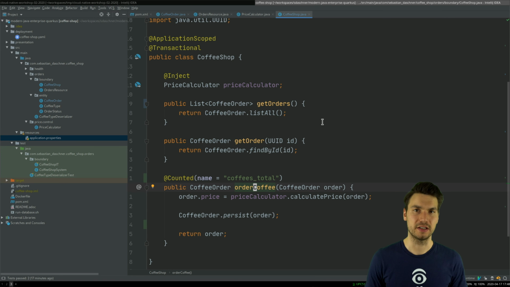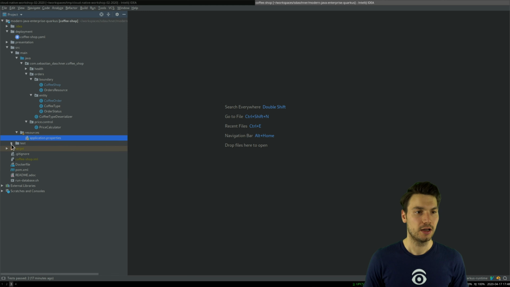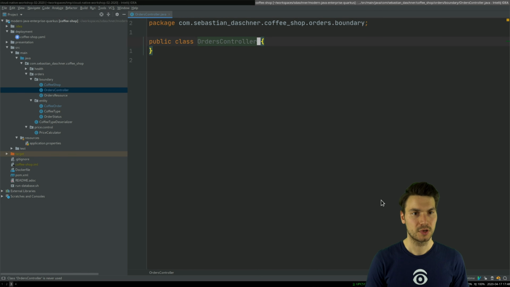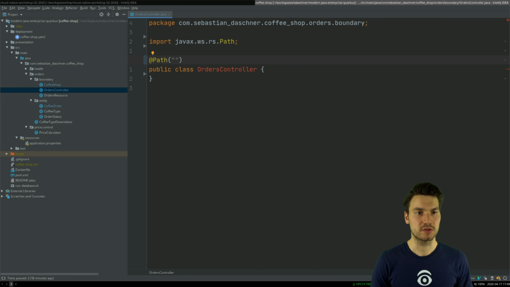And another thing that I think is pretty cool in Quarkus is Qute, the templating engine. So what we can do is write templates, for example HTML templates, or email templates, or anything that you can template. But it's especially helpful with HTML, from what I will now call the OrdersController. So what I can do here is say this is supposed to be a controller for some coffee orders, and that is going to be, in my case, also a path for just slash, that produces